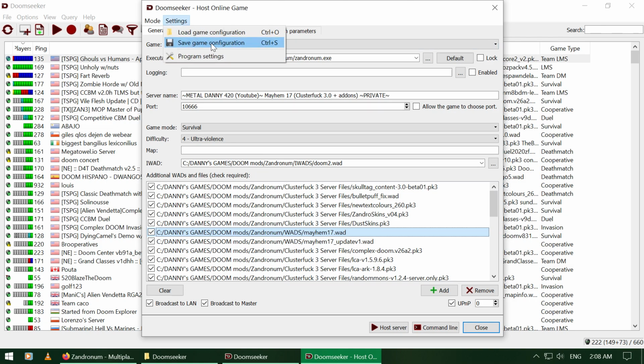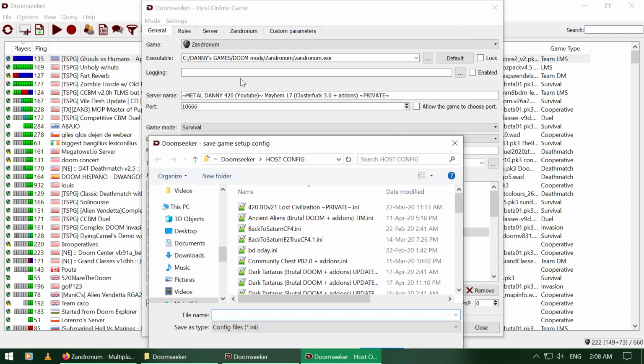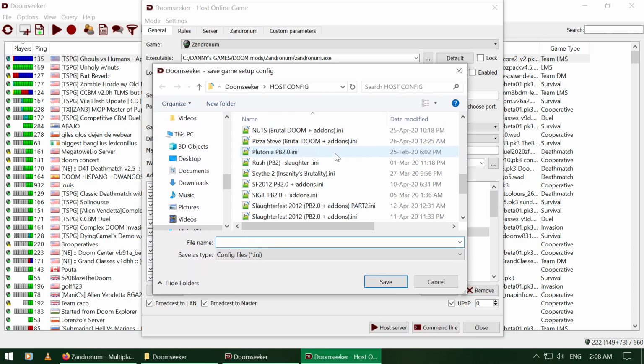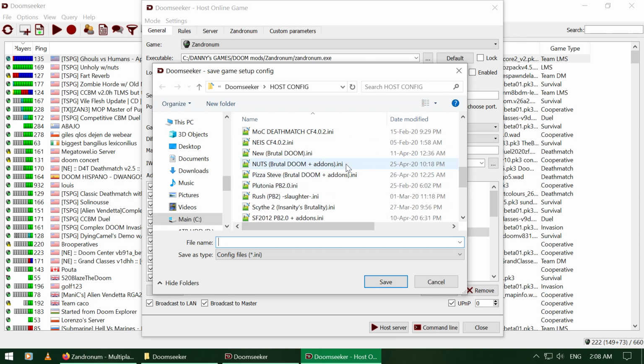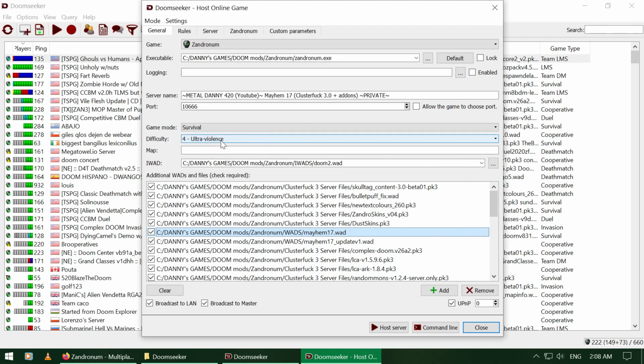And then I suggest to save this whole configuration, so you never have to do it again. Give the server a name, copy the server name, that's what I do, and then just paste it here. It's pretty useful. Tons of saves for each map set. Even when I change add-ons, I just make a new save. Always good to have. Do whatever you want. This just makes it easy and quick for next time. Even pre-select the map you were on for the next time.